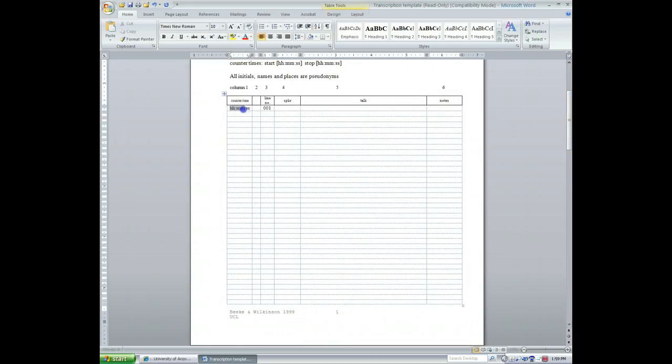Okay, so let me just go over this grid here. If you have a video, you would mark your time here, and for your YouTube transcription, it doesn't have to be very detailed. Because the assignment is only 2 minutes, you can just be very general about it, like you can say 1:05 or something.